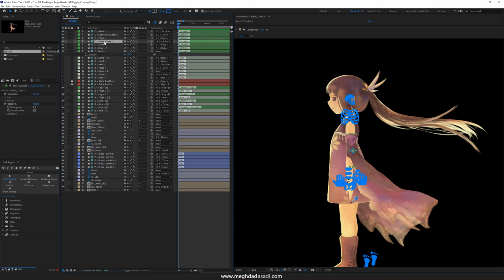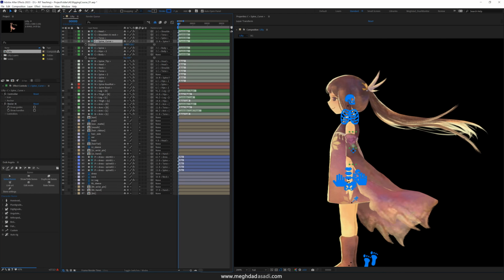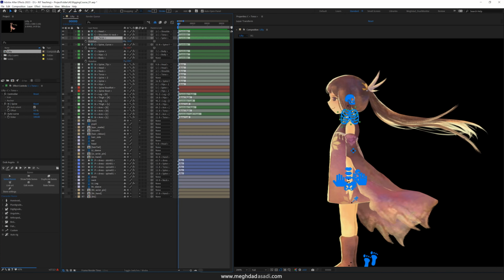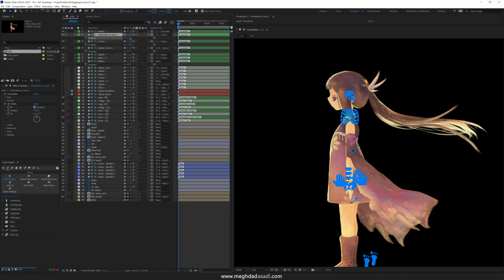Some of these controllers are only functional for their position. Some of them are only functional for the rotation. For example, this one, the rotation is locked, so the rotation doesn't do anything. The torso, in this case, I can rotate it. It will affect the upper body. I can grab it and move it up and down, and it will affect the upper body as well. The shoulders and neck, move it around, and you can see that things are